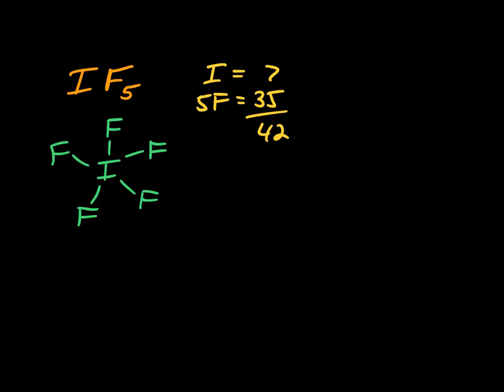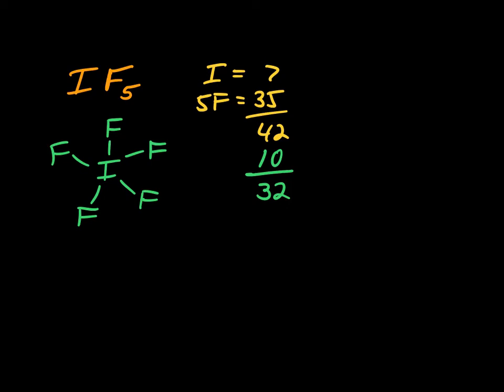Right. For iodine pentafluoride, iodine would give us 7, 5 fluorines would give us 35, that's 42. We have to draw our connected structure. Our connected structure would look like that. Each bond is 2 electrons, so we've accounted for 10 more, which leaves us 32 to distribute beginning around our